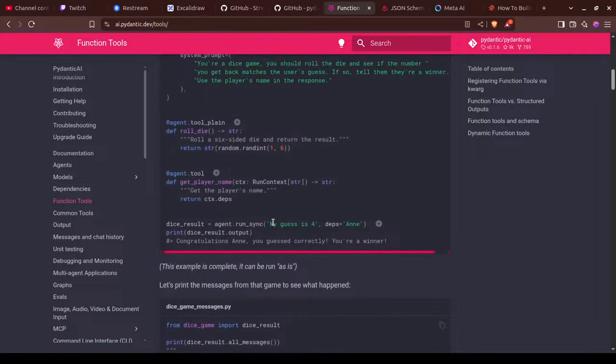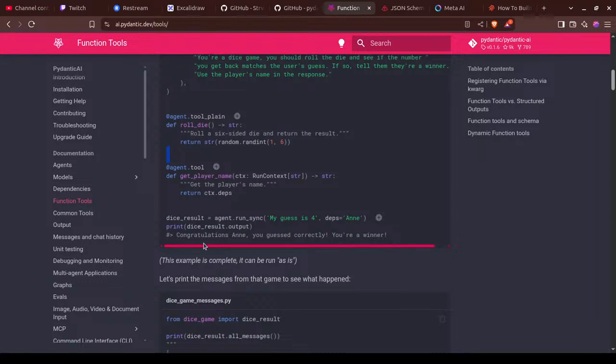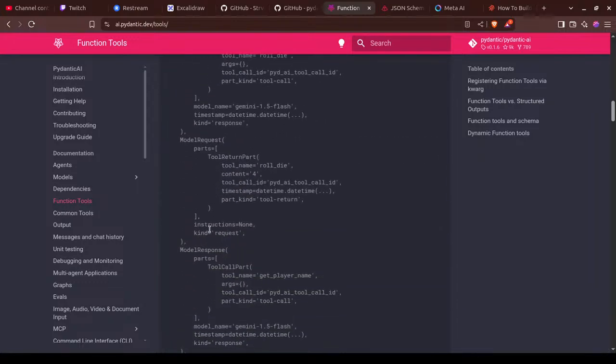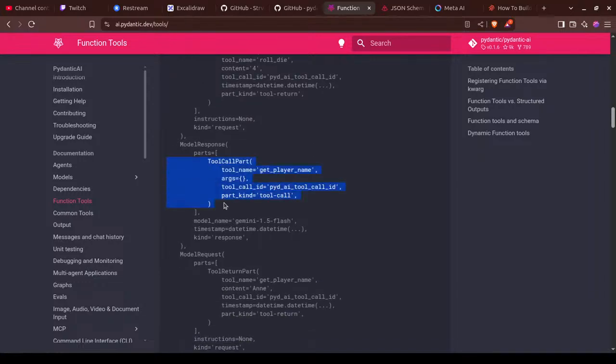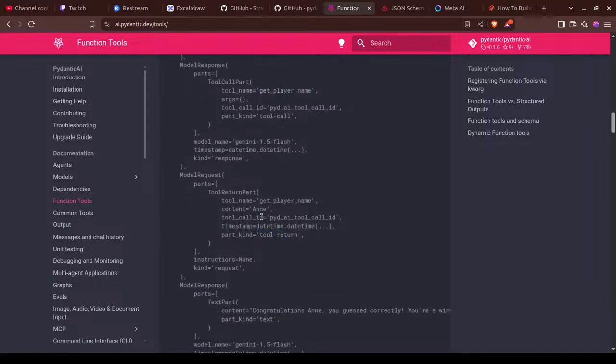So since that was not explicitly set in the input prompt, let's say that this context was taken later on. In that case, let's say there were 3 tool calls, and the name was set in the second function call, which doesn't exist right now, but imagine that was the case. Then these dependencies would be injected in the second tool call, and then in the later stages where the LLM, the agent, is trying to get the player name, it will run the tool call and will get the player name,